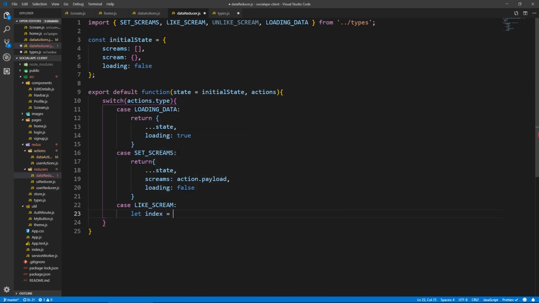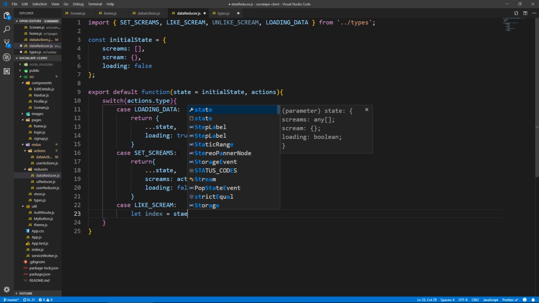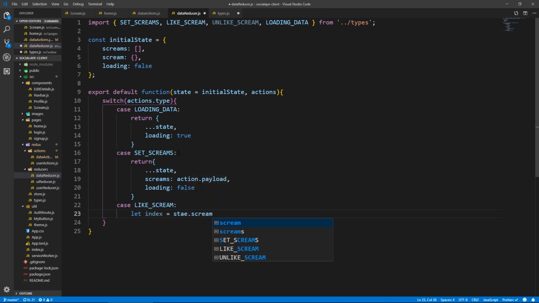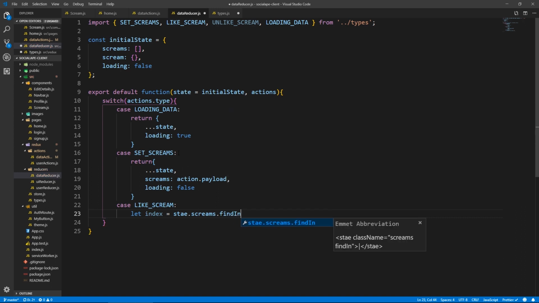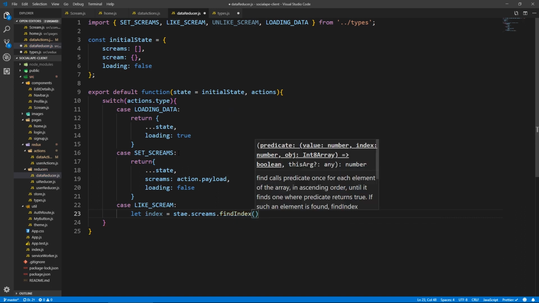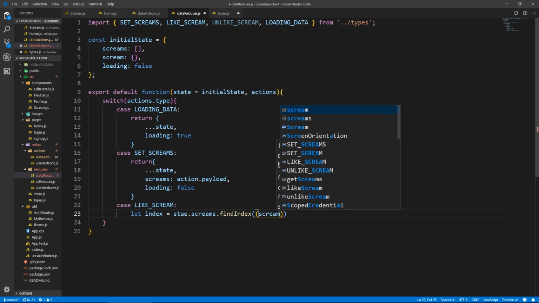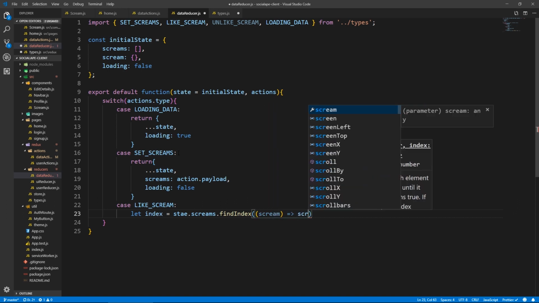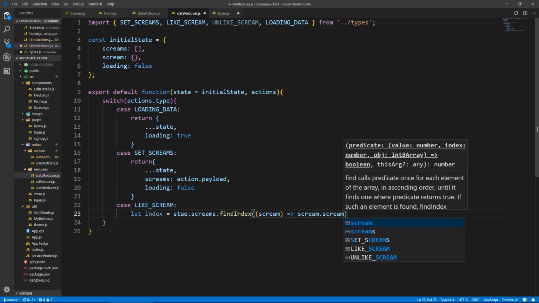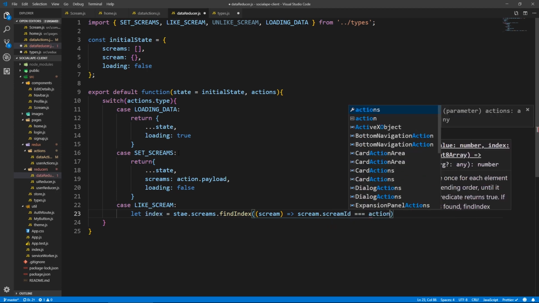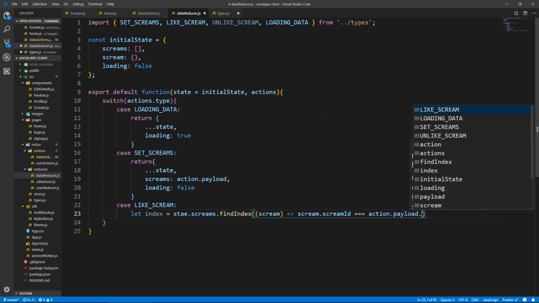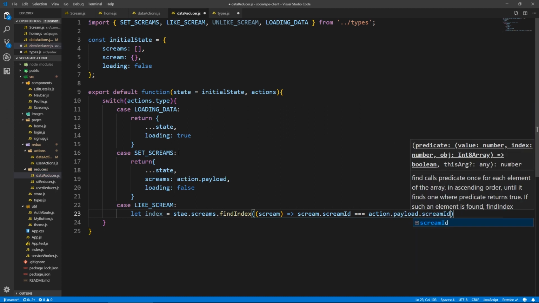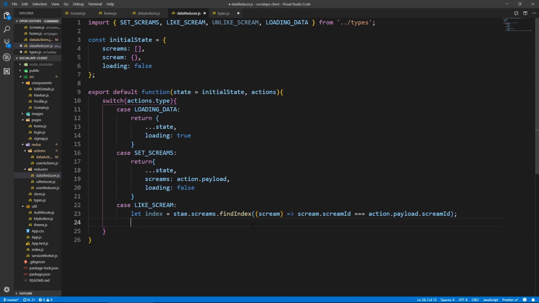So let index. Now we want to find the scream. So let's say state.screams.findIndex. We need to find the index in the array first. And here it's a higher order function. So the scream, we want to find the scream that has the scream.screamId, the same as the one we got back from our payload. So if you remember, when we like a scream, we get that scream back, and now we have to find it and increment its like count. So now we get the index of it, and what we do here, we do